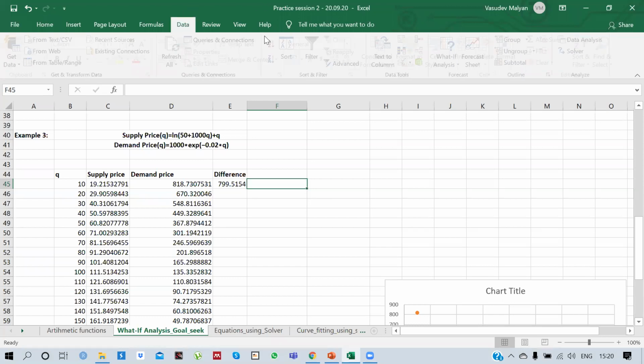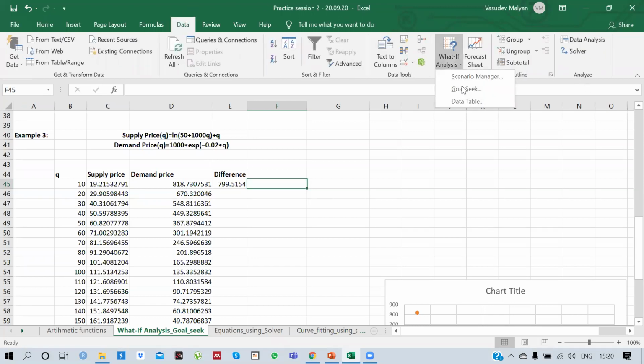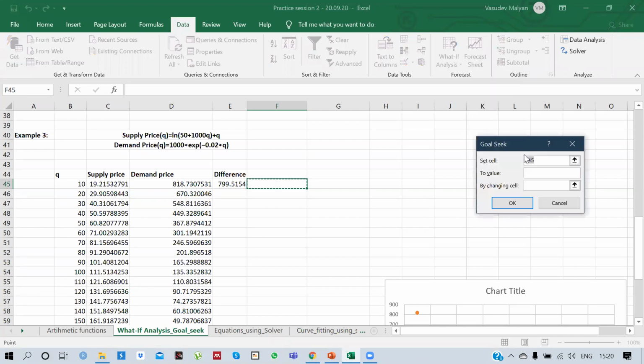So now we go to data, we go to what-if analysis, and we choose goal seek. Now we set this cell to a value of 0, and we need to change q.